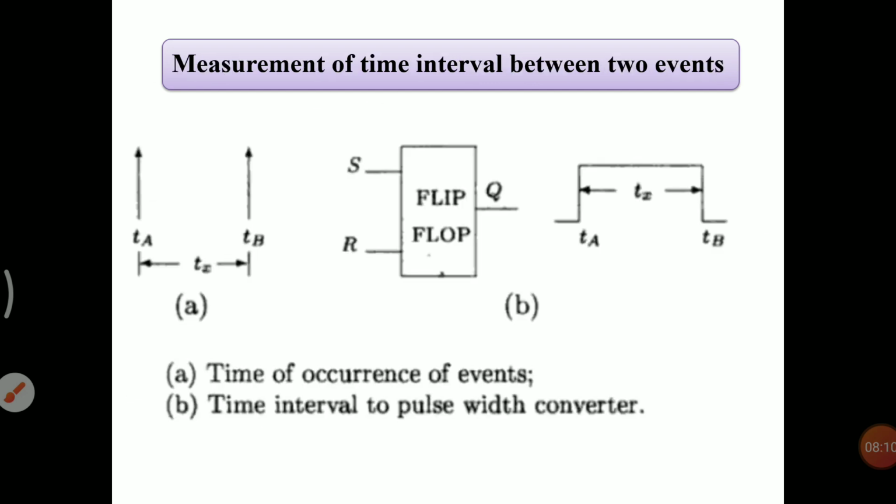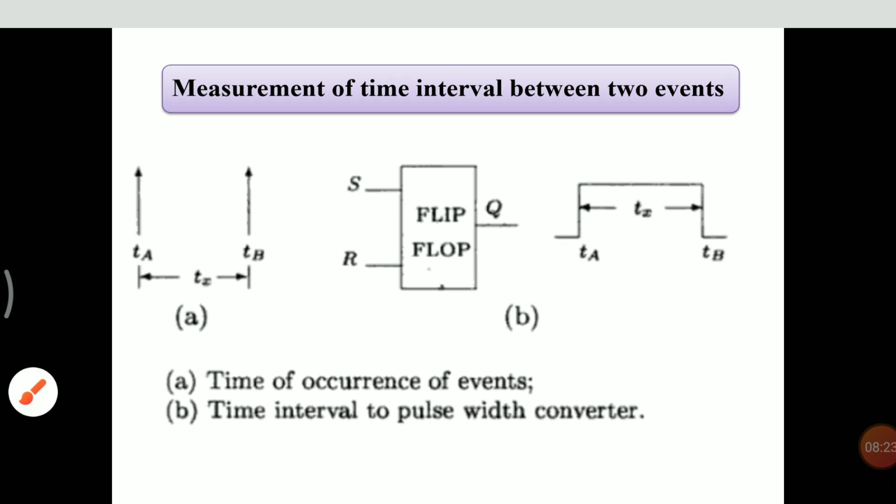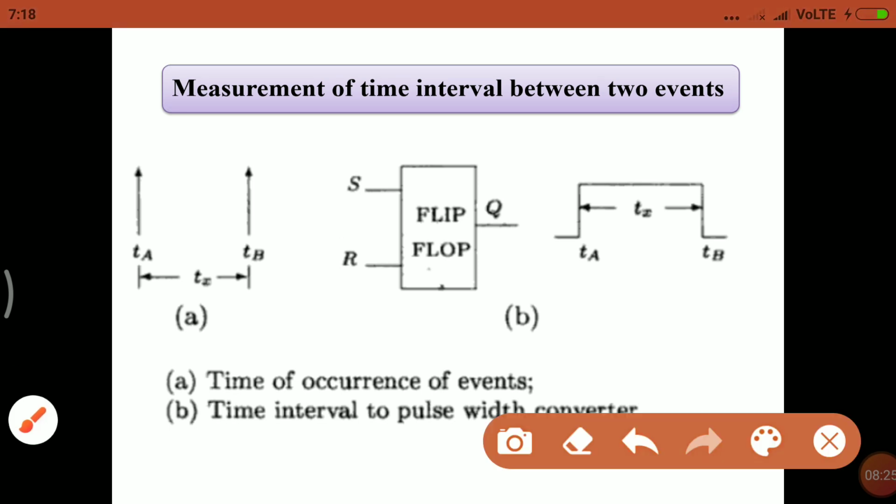Now the second point is measurement of time interval between two events, meaning how this Tx waveform is generated. As I already told, let's say there are two events. TA is the first event. So here is the first event TA, and after some time the second event is TB. Whatever the time duration between TA and TB is Tx, and that we want to find out by